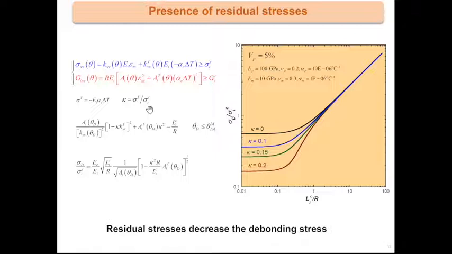And if you plot, you obtain this kind of curve. Here you have no residual stress, and then you increase the amount of residual stress. It is clear that if you increase residual stresses at the interface, you decrease the debonding stress, but only for large particles, because for small particles, the mechanical load is always the